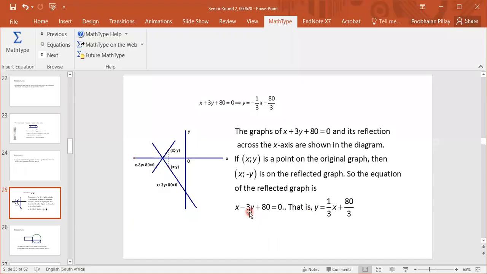You have to write this as y equals mx plus b. So you make y the subject, you get 3y equals x plus 80. If you take it to the other side, so therefore y is x plus 80 divided by 3. That's what you got here. Divide it by 3, the x is divided by 3, and the 80 is divided by 3. And you got y equals 1/3 x plus 80 over 3. And therefore, your m value in the problem is 1/3, and the b value is 80 over 3. And you need to calculate m plus b,